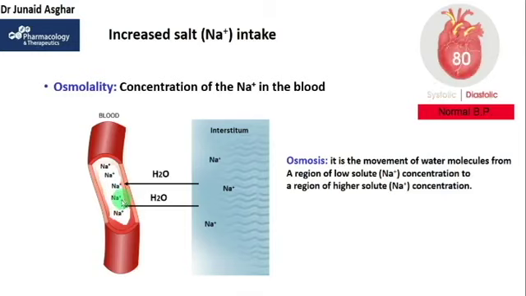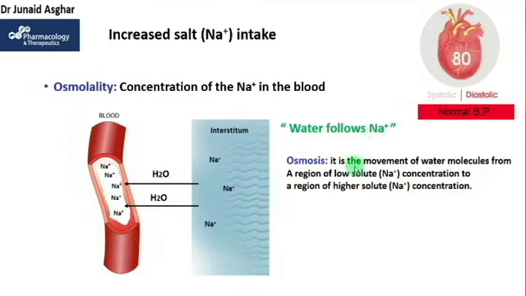Eating salt could raise the blood osmolality, which means it raises the amount of sodium in the bloodstream, which also means that you are taking more sodium in the diet, which is showing up in the blood. And this will disturb the delicate balance between sodium and water in the blood. Now, this high osmolality could result in high blood pressure because the natural ability of the kidney to get rid of sodium and water is disturbed. You must have heard the phrase, water follows sodium.